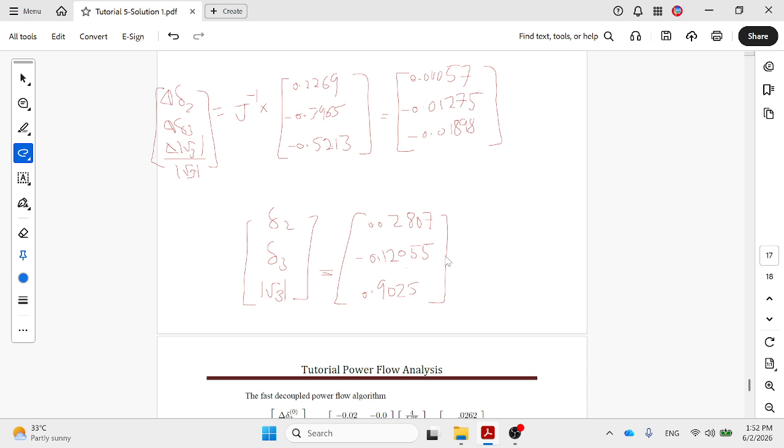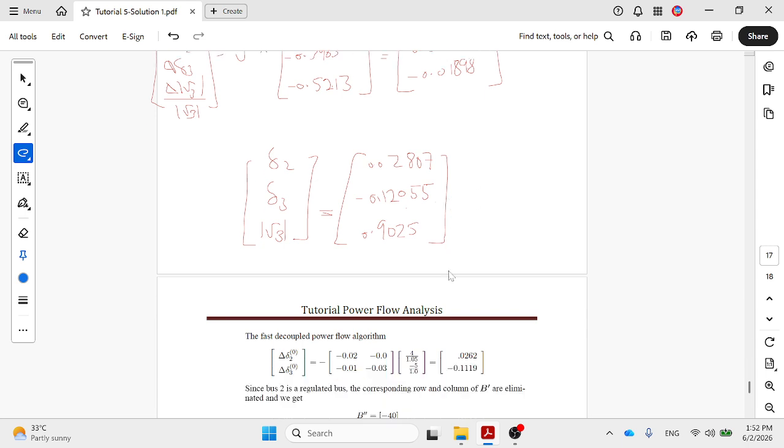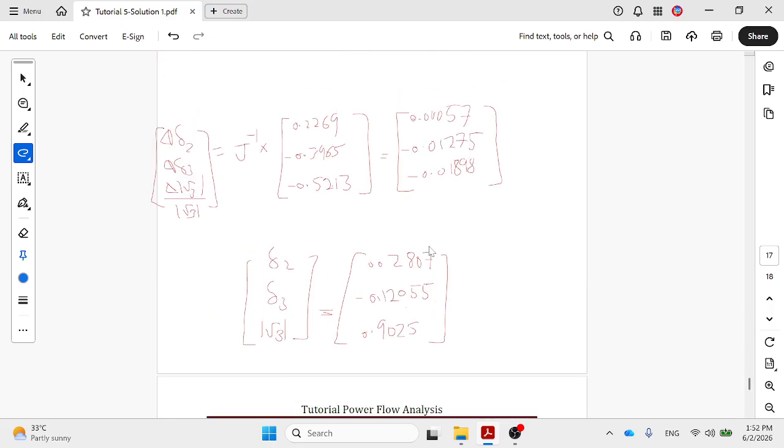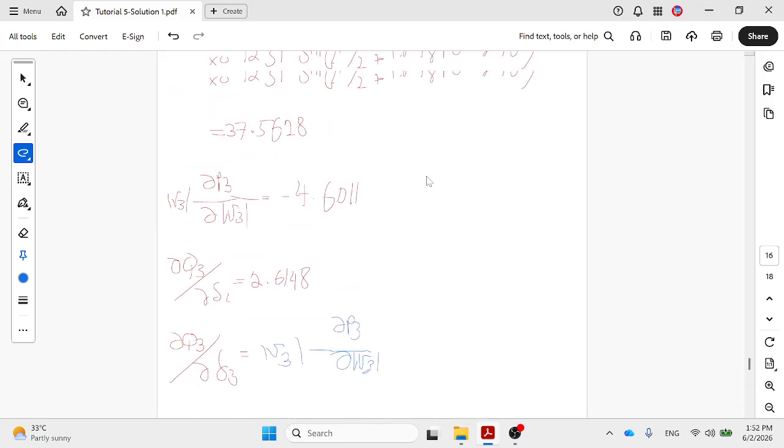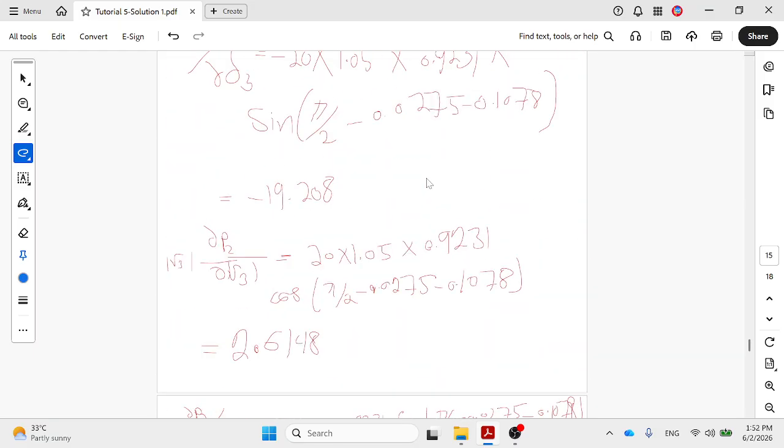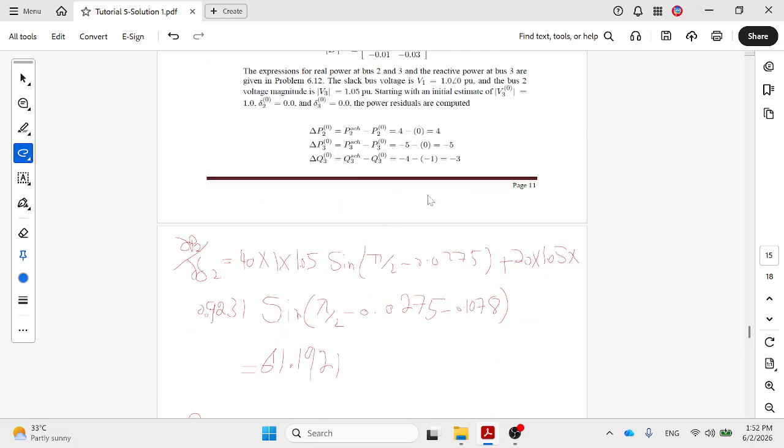This is the final value you can reach. So you can continue for iteration 3, 4, 5, 6. It's up to you, until reaching the steady state or minimum variation in